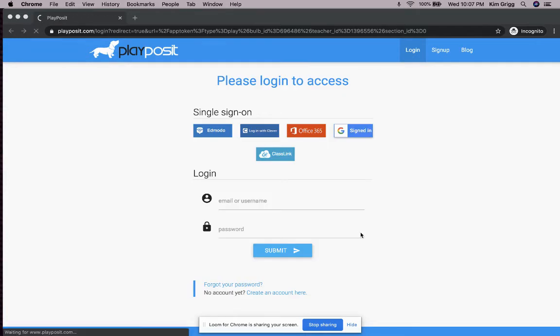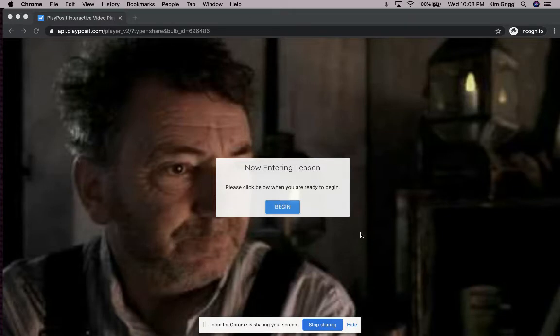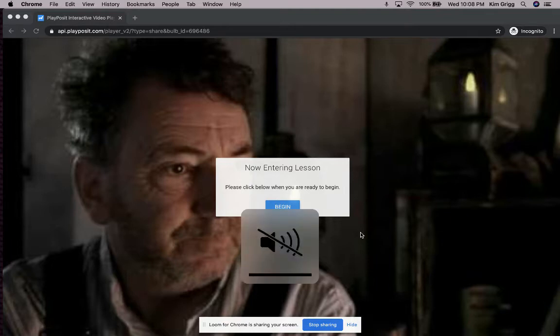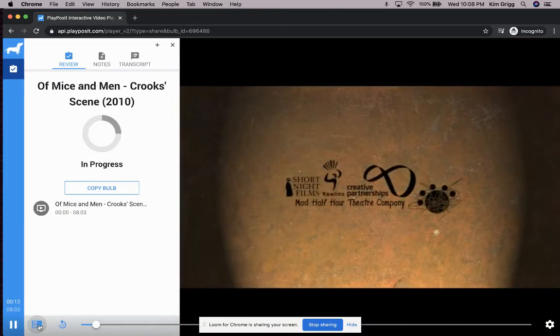All right, so once you sign in, it should take you to a page like this. Right now I have it in preview mode just because I don't need my own data on this. So I'm going to turn the sound off. You'll begin the lesson when you are ready. It'll start playing, and you are going to watch the scene and maybe watch my cat come over into my lap so she does not jump on my keyboard. It will not let you guys fast forward,